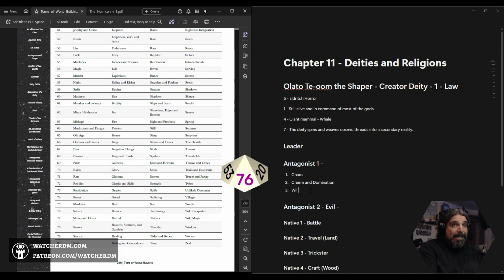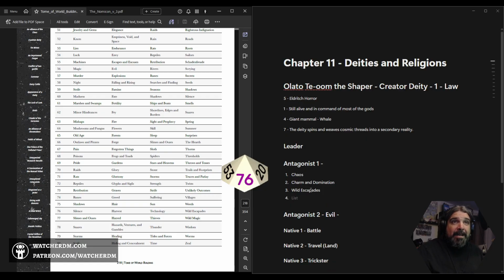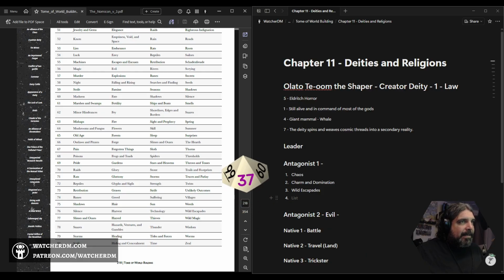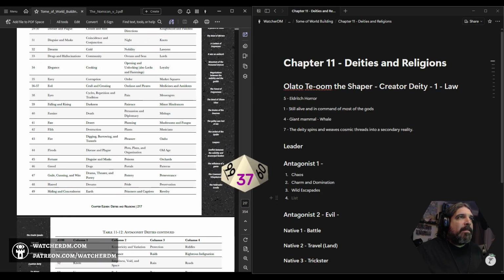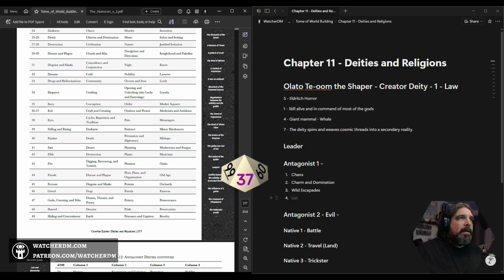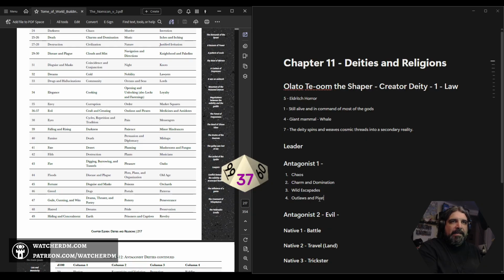Well, wild escapades sounds like a good crosswind between charm and chaos, I think. It seems legit. And we'll take a look at 37. And there's our evil. Crafts and creating outlaws and pirates. There we go. Outlaws and pirates.